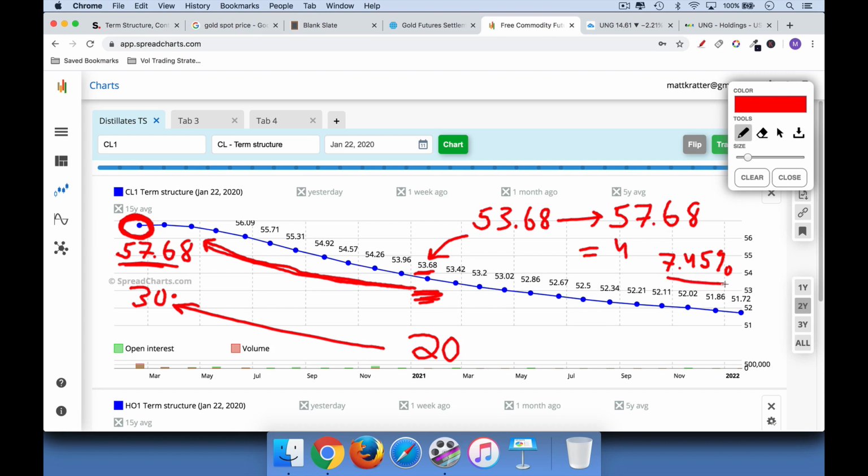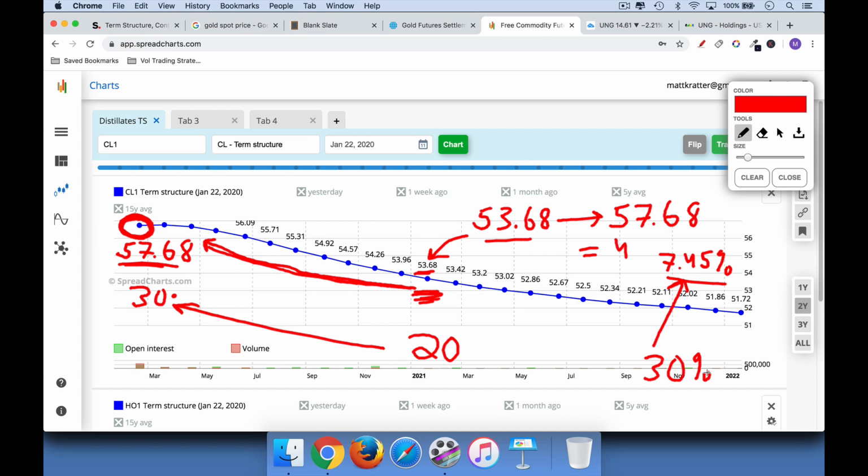And again, these are unleveraged numbers. So this is if you put $53,680 in that account. But let's say you only put a quarter of that as margin. Then you're basically making 4 times this, which is basically, call it 30%. So this is a very low stress way of trading backwardation and rolling up the curve, allowing the inverted curve, the backwardated term structure, to let you purchase oil basically at a discount and then profit from it over time.